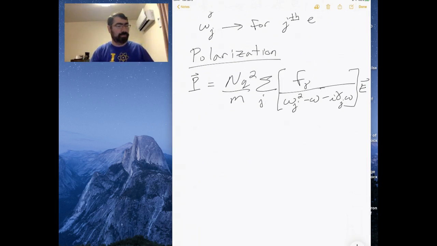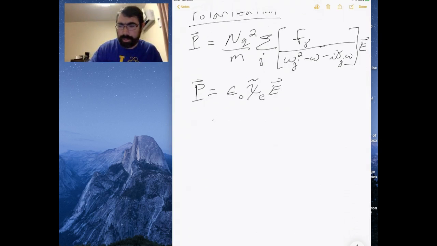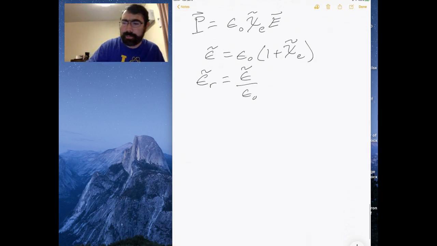Okay, so now what we could do is rewrite this polarization in terms of the susceptibility, which is going to be a complex number, times the electric field. So if you remember, our permittivity is the permittivity of free space times 1 plus the susceptibility. And the dielectric constant, or relative permittivity, is the permittivity of the material divided by the permittivity of free space. So therefore, I can write the dielectric constant as 1 plus these terms in front,